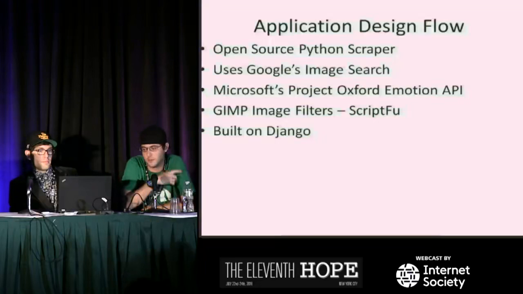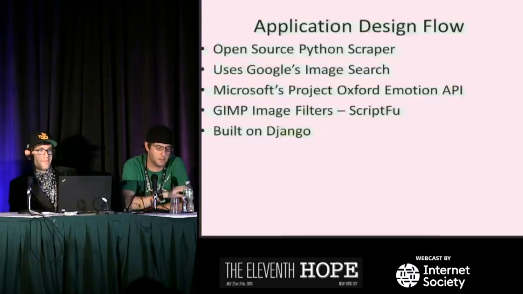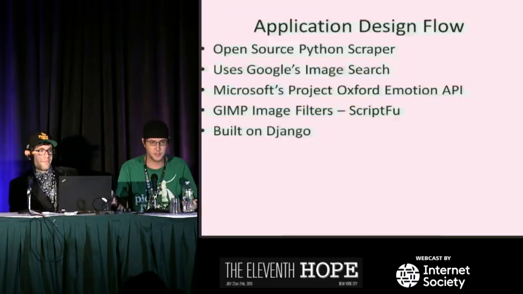So we tried using Google's image search API. That didn't work out well at all. The results were completely different than when you go to images.google.com and type something in. Probably could have spent a bunch of time tweaking it and figuring out why, but instead I just hit GitHub, typed in Google Images, and boom, a Python open source scraper does it all for you. We'll look at that in the next slide here.